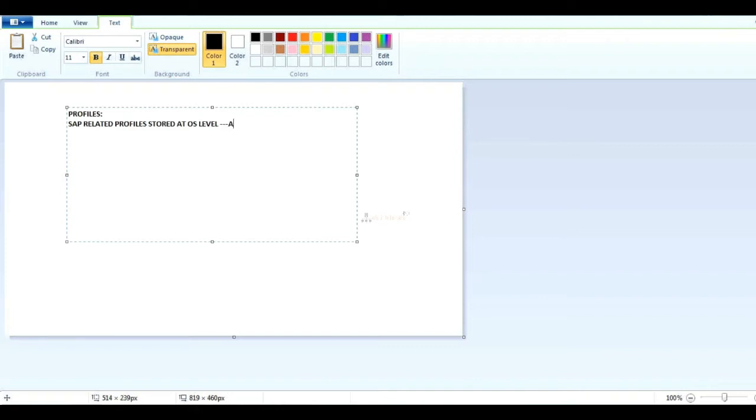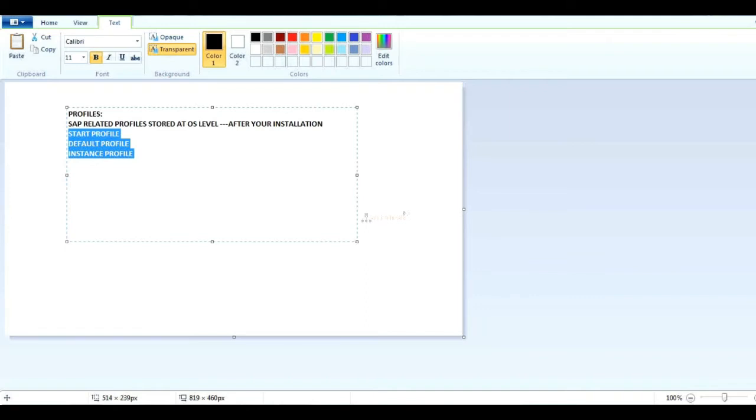These will be created after your installation. Got it? What are those profiles? The first one is the start profile. The second one is the default profile. The third one is the instance profile. These are the three profiles stored at OS level. You will see what those profiles are.